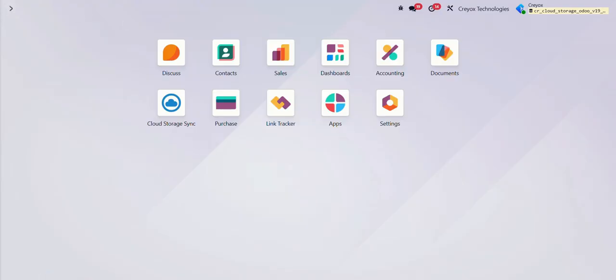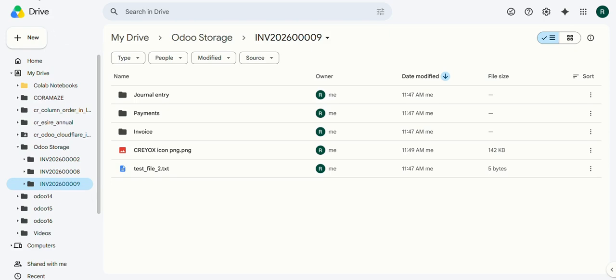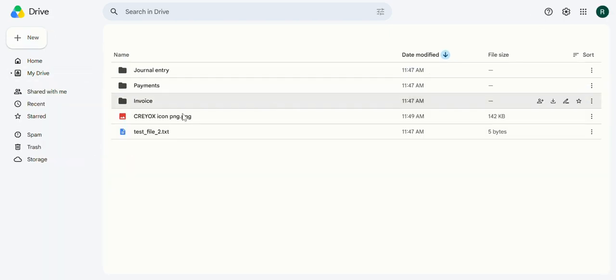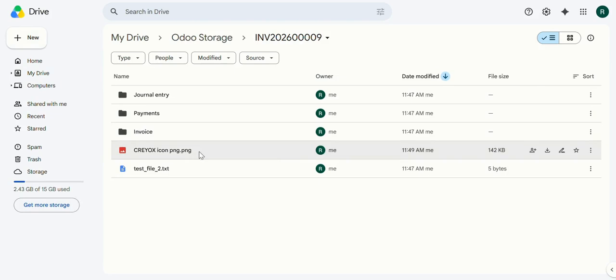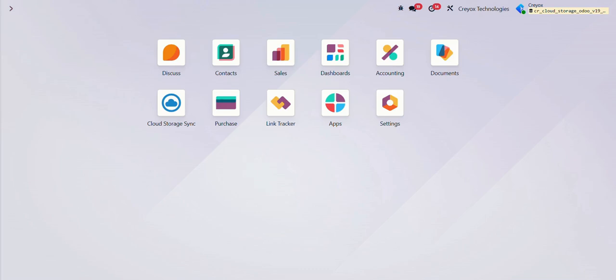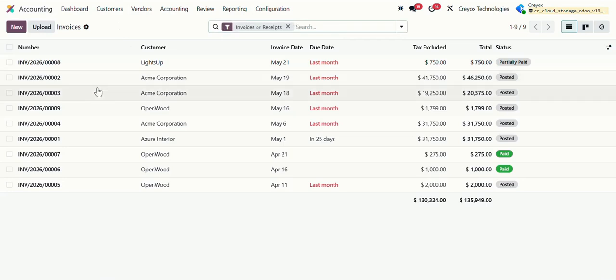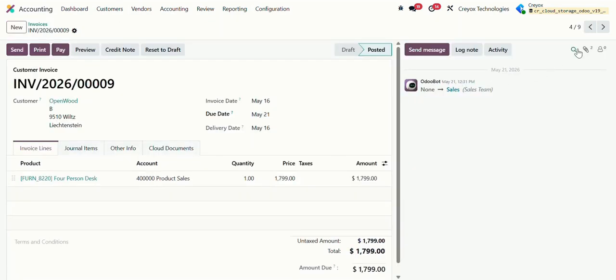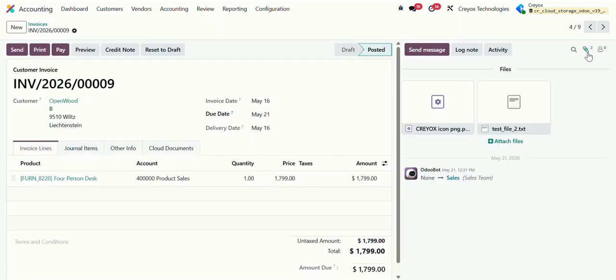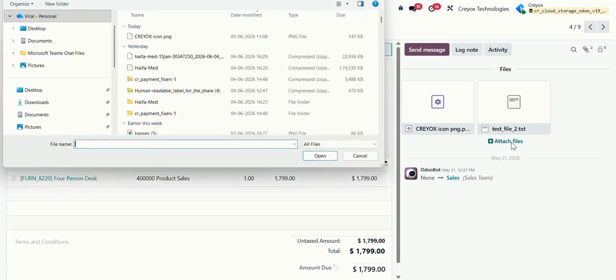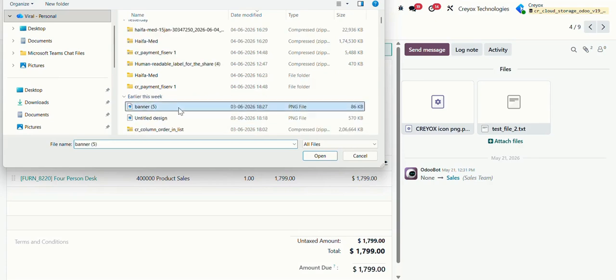Now if I go to my Google Drive and refresh it, so here you will be able to see the file has been uploaded over here as well. Also, if I again go to the same record, that is the same invoice, and I upload anything from here, that is from the chatter,